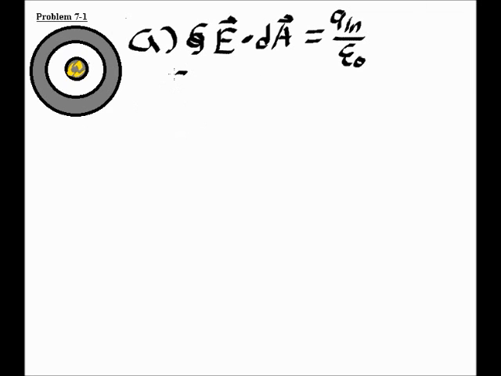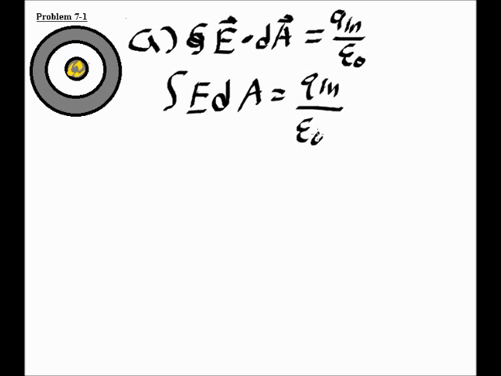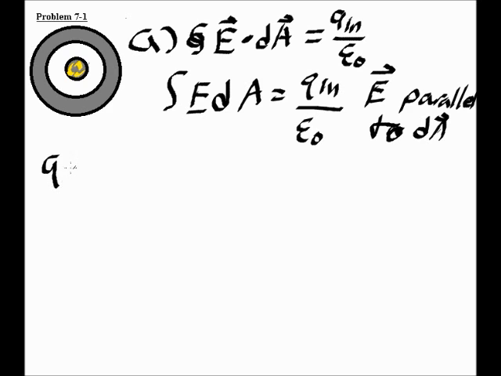So, with that Gaussian surface, the integral becomes E dA equals Q in over epsilon naught, because E is parallel to dA. Q in, however, will be kind of tough to find. Q in is the charge inside the Gaussian sphere, and this would equal